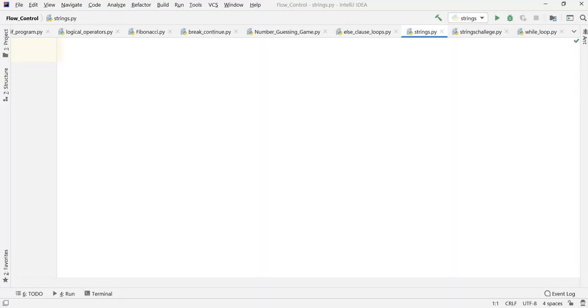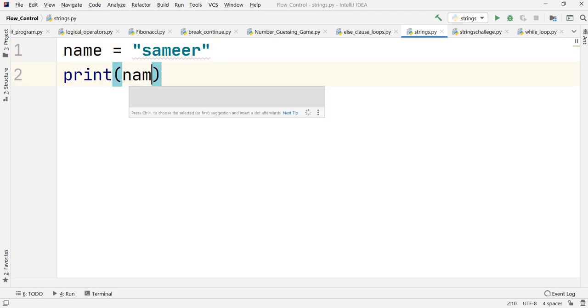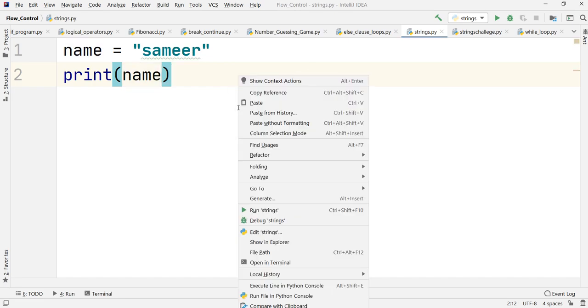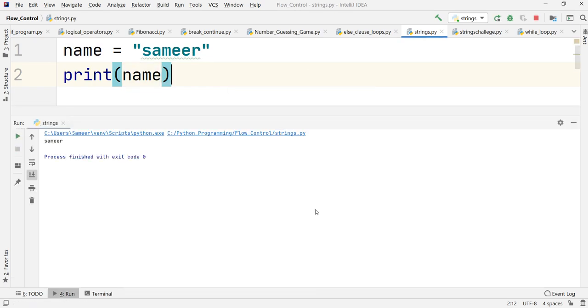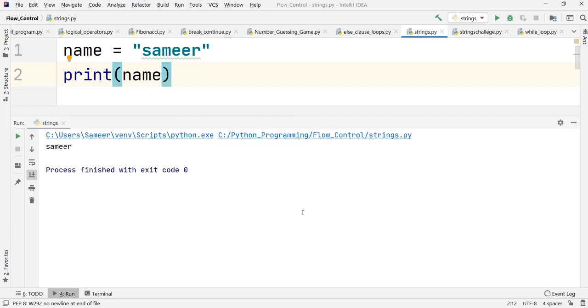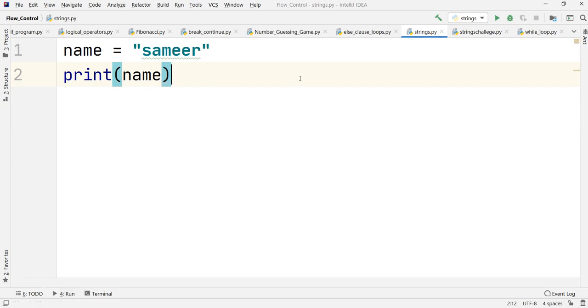Let us take one string for example, like we had done earlier. Let us type my name only. This is one string that I have taken, and you know what will happen if I just print out this particular string. We have seen this many times. If I just run this, you know what the output will be. The name will be printed as it is onto the output console.